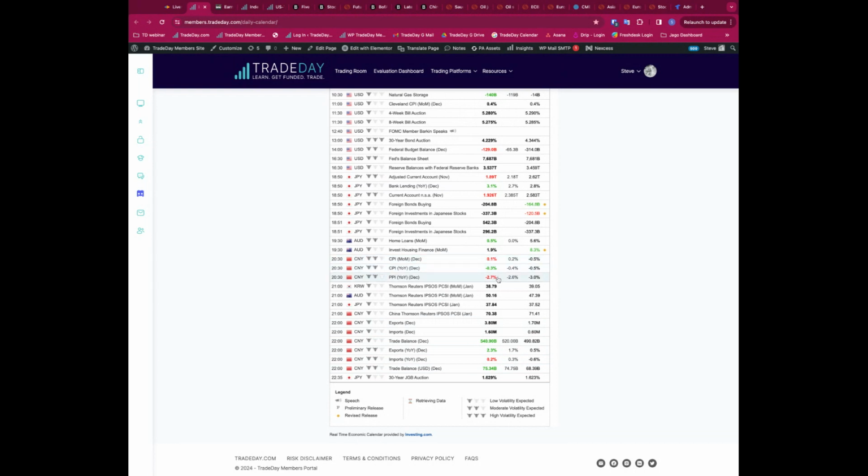So the PPI data minus 2.7. Remember, PPI, producer price index, in here worse than expected. So that's actually, if you're in the West, that'd be seen as a positive, right? Because lower inflationary pressures, in an inflationary environment that the Western economies have been enduring over the last year, would be seen as a positive. When you're in a deflationary environment, as we are seeing in China, as China has been in over the last year, it hasn't really come out of a post-COVID, hasn't seen a strong post-COVID recovery.